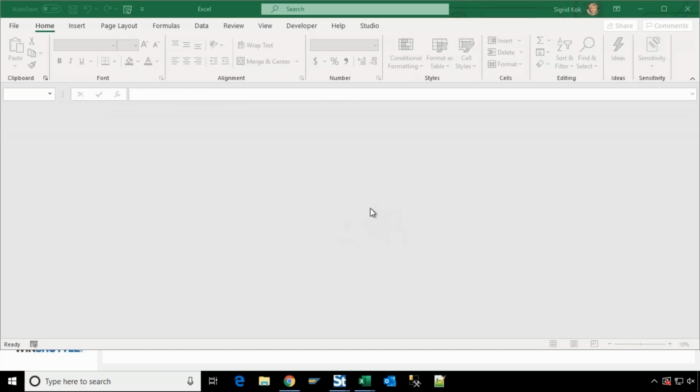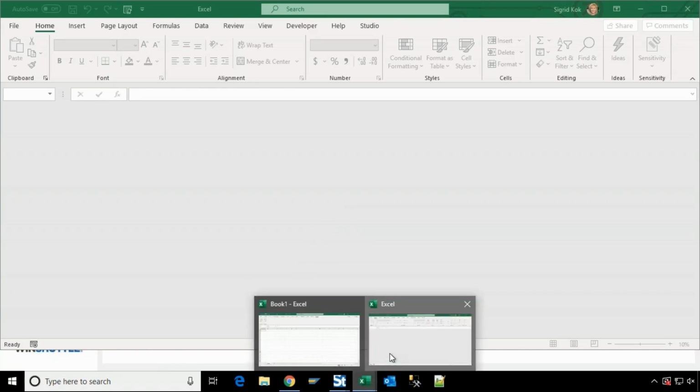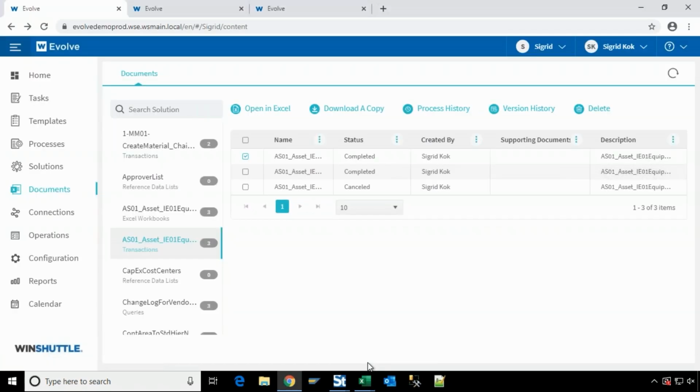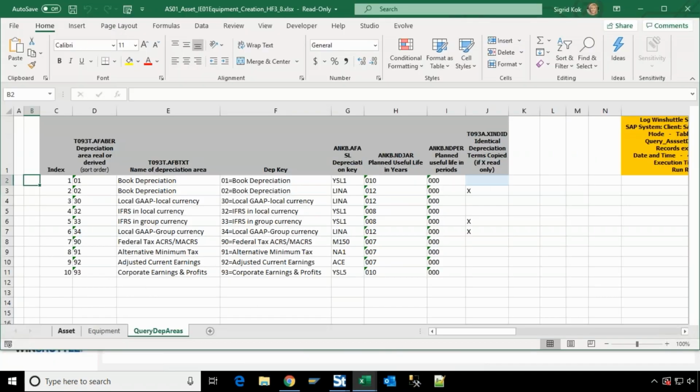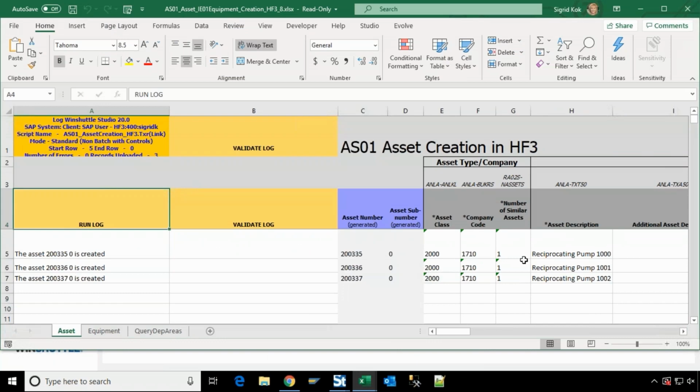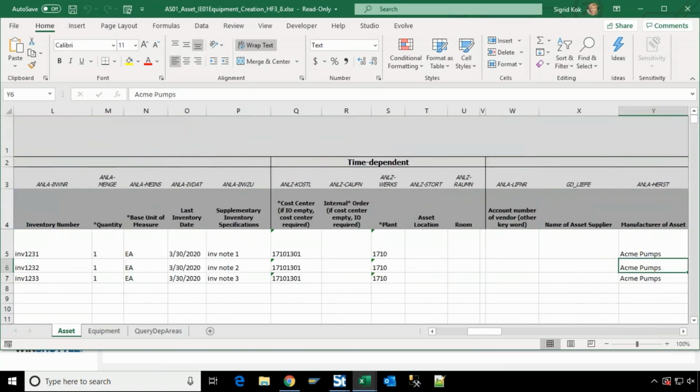Actually, yeah, so we're going to open it up and we'll be able to see all of the messages. All right, there we go. I didn't wait long enough. So you'll see there the assets were created. If we scroll over,